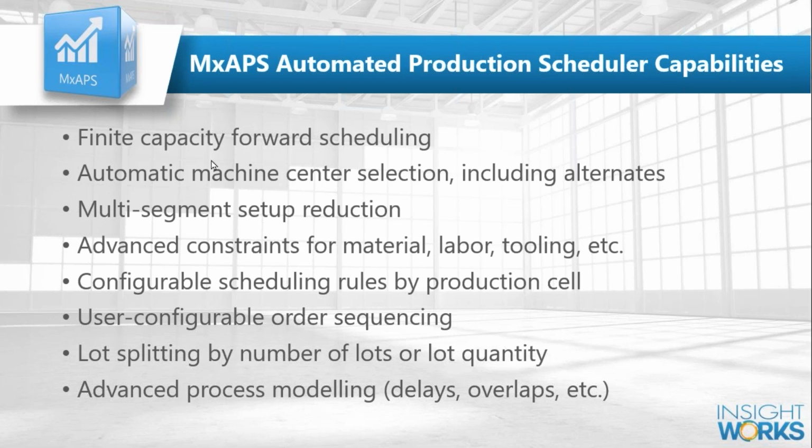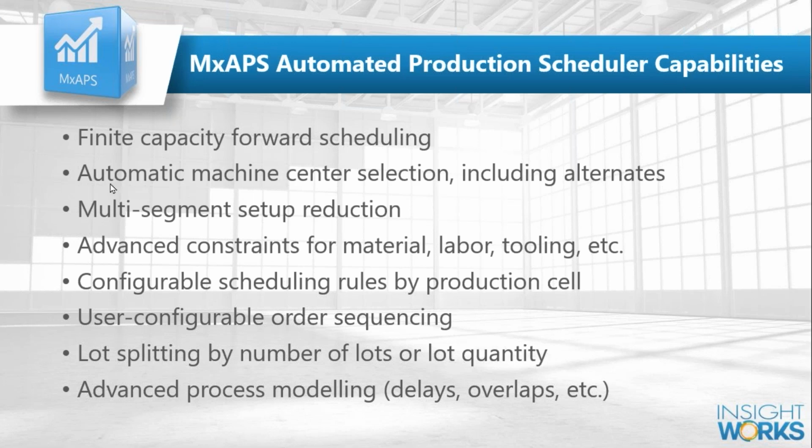So the finite capacity forward scheduling says, hey, starting at this date and time, like starting tomorrow morning, I'm going to schedule forward and tell you, based on my capacity within the facility, when that production order is going to be ready to ship. Okay? And the way it does that is really the bottom part here, this process modeling. We're going to model what your facility looks like, what your capacities look like, what your labor looks like, what your material usage and requirements look like. And then we're going to generate a schedule that matches what you've told us the facility looks like. It sounds very fancy and complicated, but it's actually not hard to do. You probably already have done this.